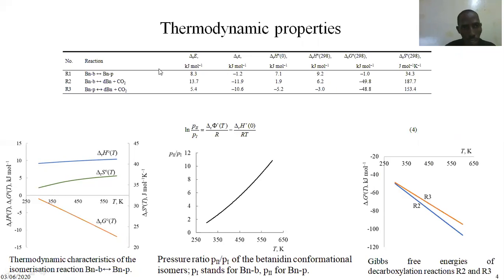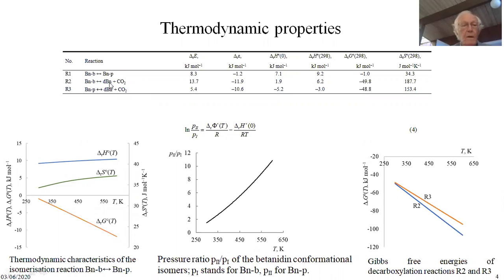From the analysis, we observed reaction 1, reaction 2, and reaction 3. Reaction 1 deals with the isomerization reaction between the two isomeric structures of the methanidine, the bent structure and the planar structure. The second and the third cover the decarboxylation reactions,